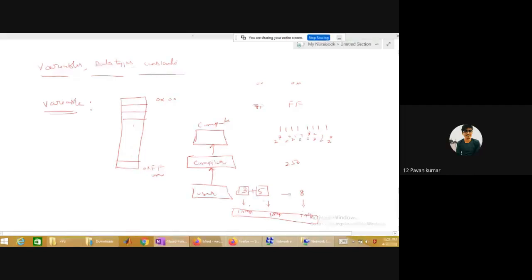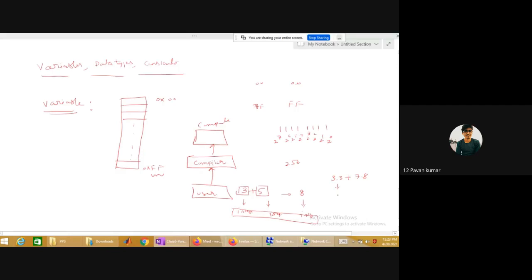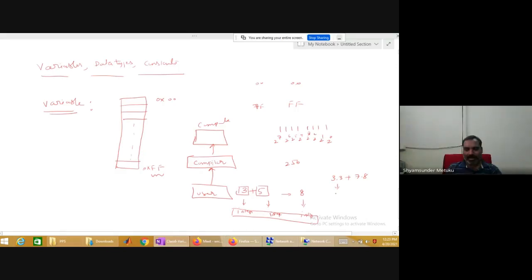Yes, sir. So other than integer, somebody would like to perform 3.5 plus 3.5, maybe some 7.5 plus 8.5. What type of number is it? Real. It has both a fractional and an integer part, right or not? Is it clear? So in the C programming language, we call that particular number a float. Is it okay?